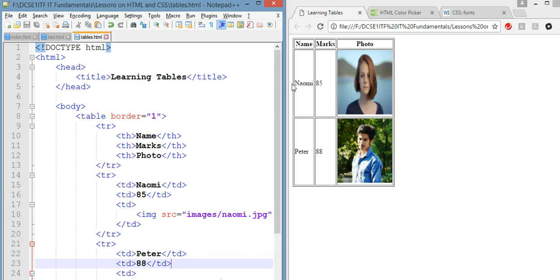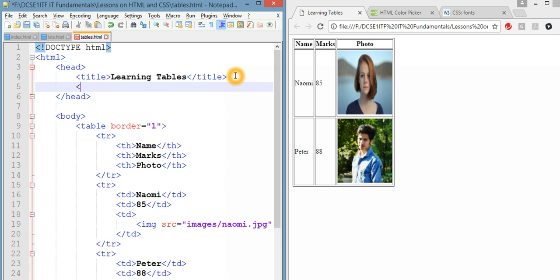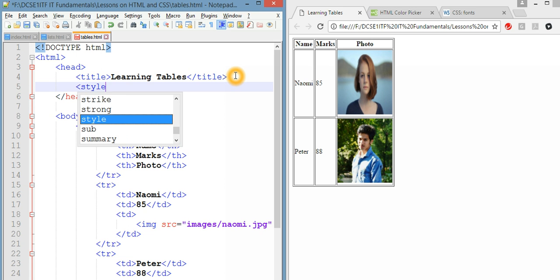What if I now want to make these headings? Anytime there's a table heading, I want all of them to be a certain font, a certain color, background color. Okay, I can choose all that, but do I have to go ahead and type it into all these? Because you can style the tag by using the attributes or by CSS, which is styling via the head tag. So style,